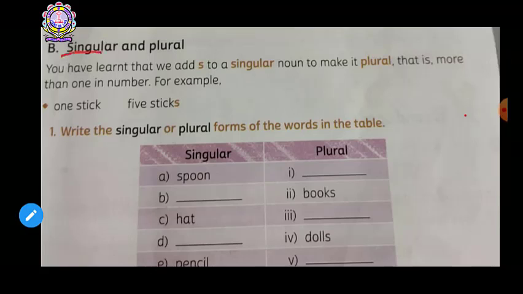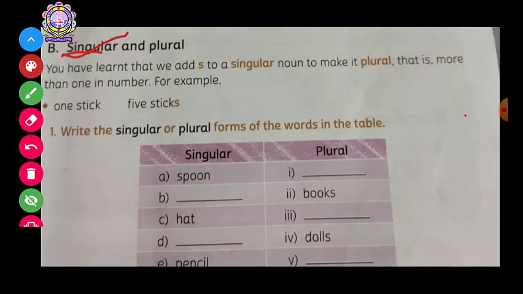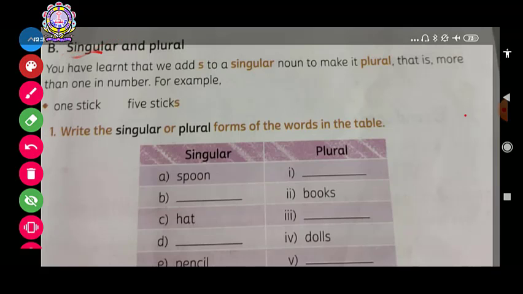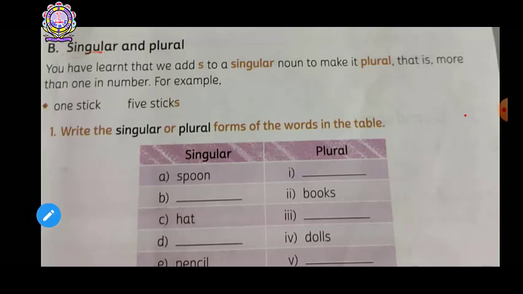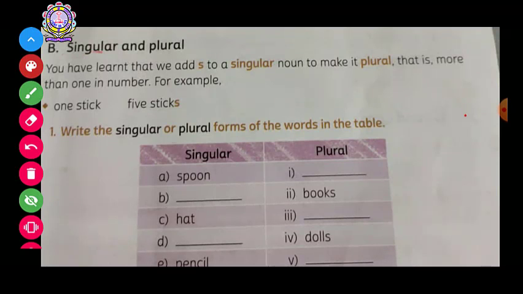Singular means something which is one, any object, anything, any person, or anyone who is one, then we call it singular number. Let me erase it. Then it's called singular number, isn't it?